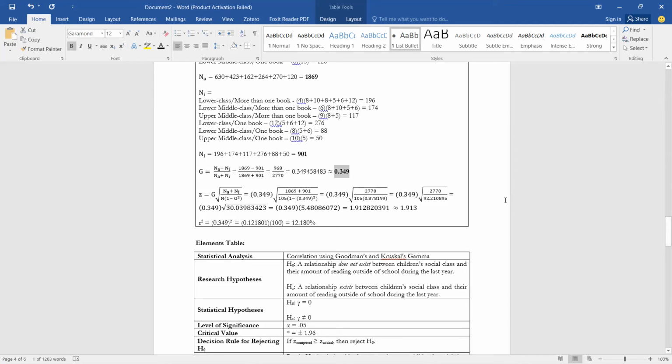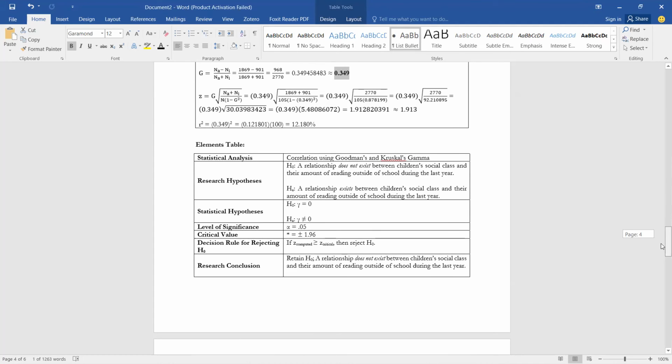This is 0.349, around 0.34. It's a moderate positive correlation, but don't bother interpreting it because it's not a significant relationship. No, but in others, like in your actual thesis or research, you might need to interpret it still. But for us, wag na lang. No, but in actual research, you might still need to, and that's when you try to explain or try to